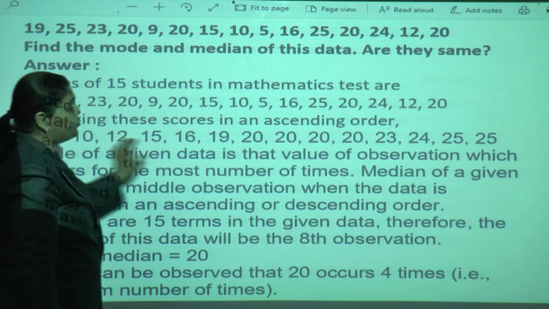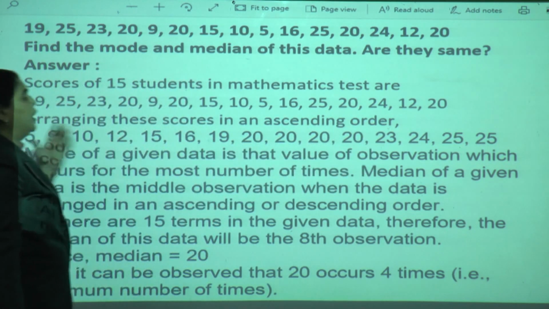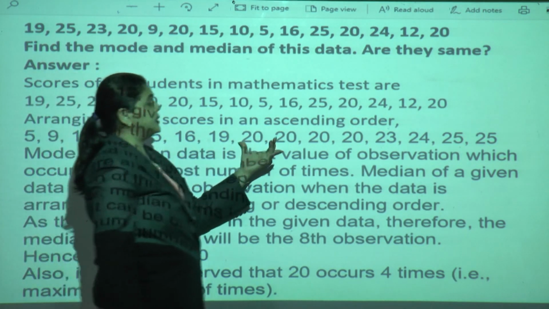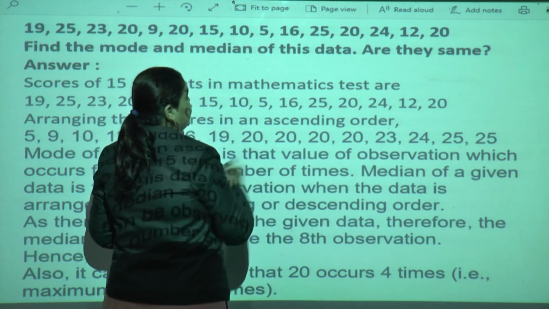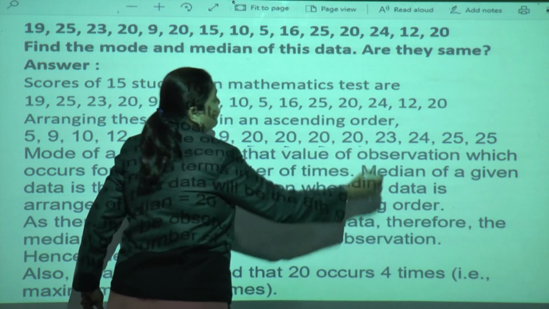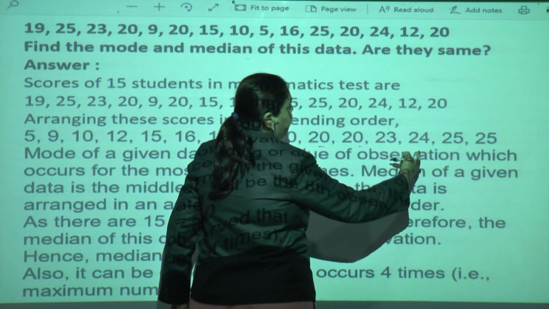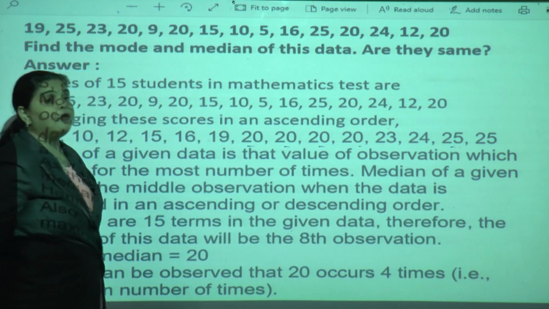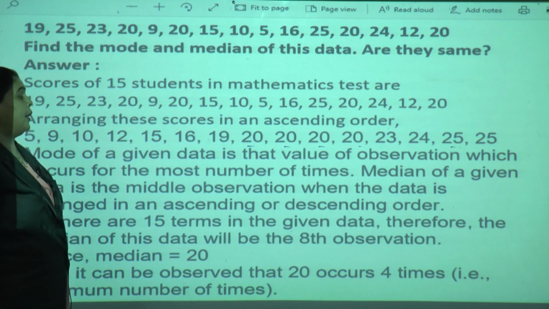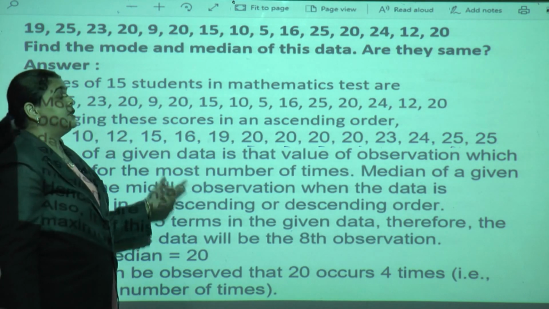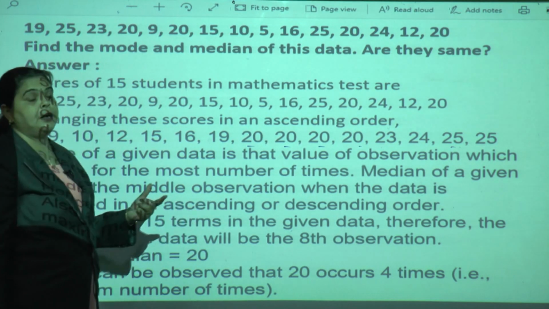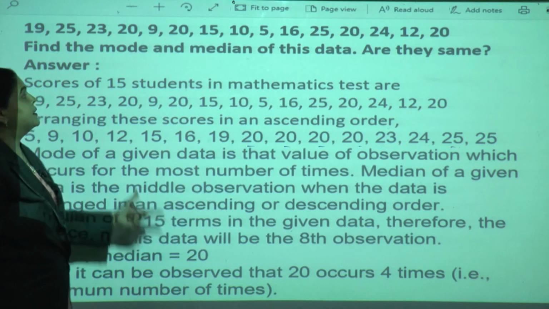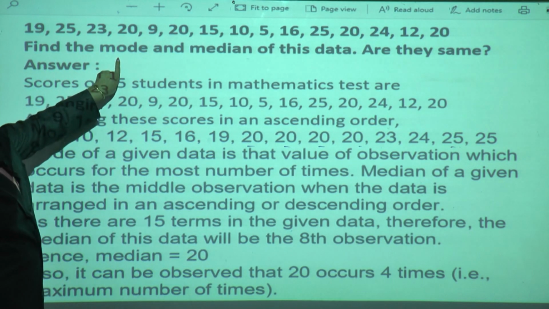Here we have to arrange in ascending order. We had arranged in ascending order. We can see whether any number is repeated. Yes, we know that here 20, 20 and 20 are repeated 4 times. Do we have any other number repeated? Yes, we are having 25, 25. But 25 is repeated only 2 times. My word was the most number, the maximum times of a number, that is nothing but frequency. The number repeated more number of times is the mode.